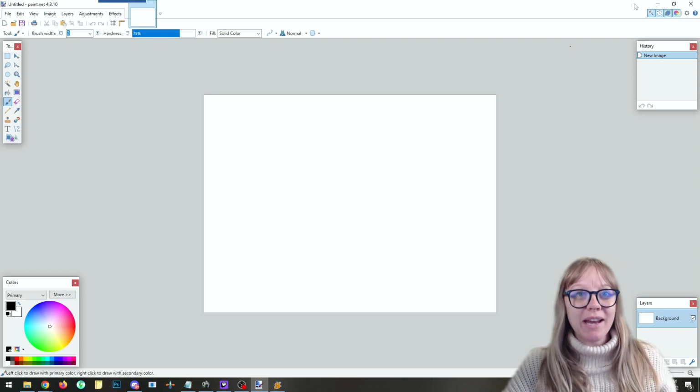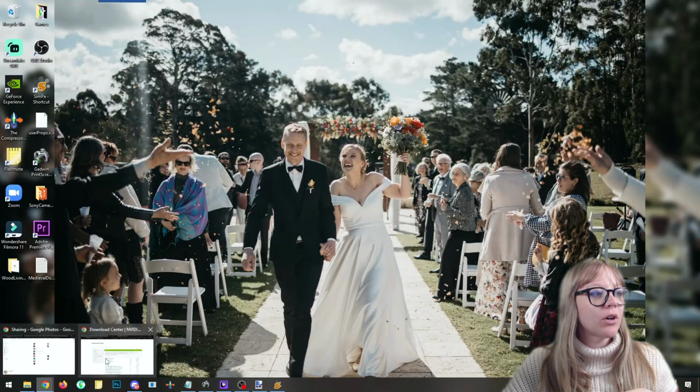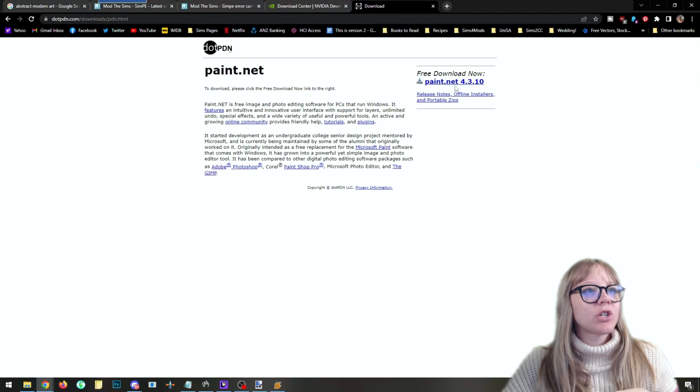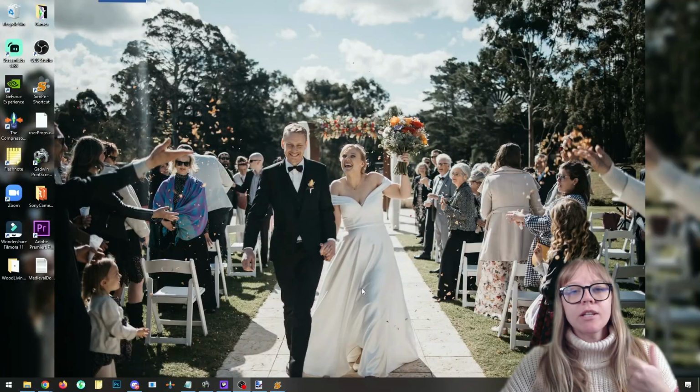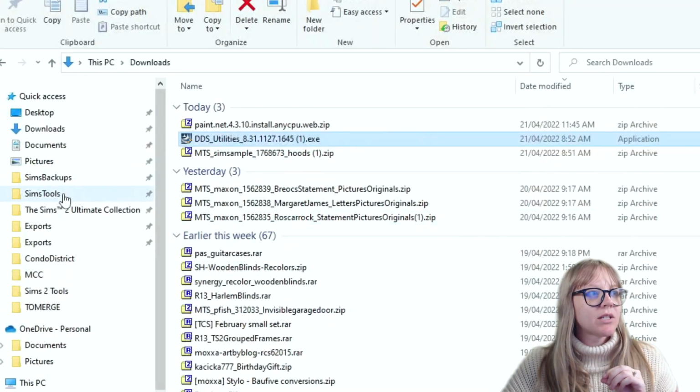So we're going to use Paint.net for today's tutorial, and there is also a link to download that under the video, which will lead you to this page, and you just click on this free download paint.net button. So once you have downloaded SimPE, and by the way, handy tip, I recommend installing it into a